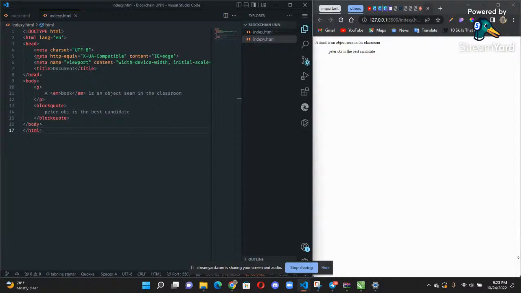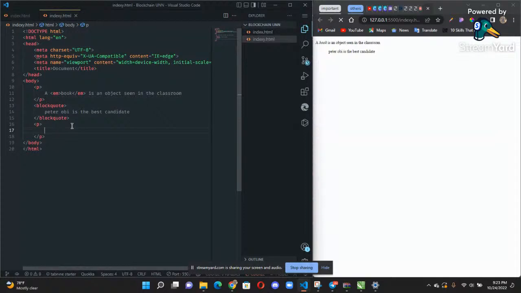So let's talk about the definition element also. It is used to indicate the defining instance of a term. The screen reader tells the blind person that the paragraph is defining the term inside the definition element. Like for example, let me give an example without the definition element.